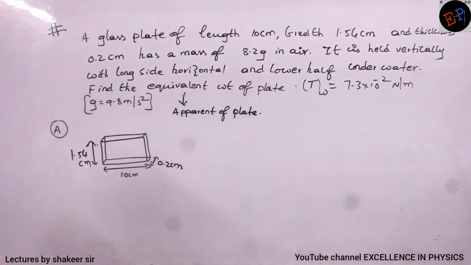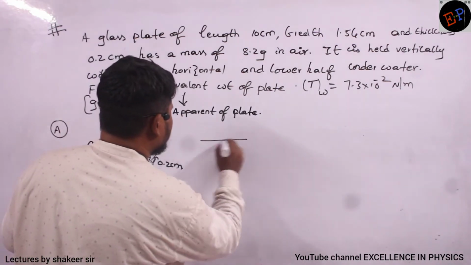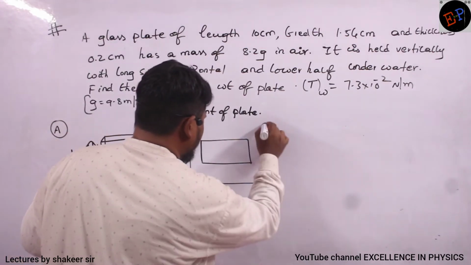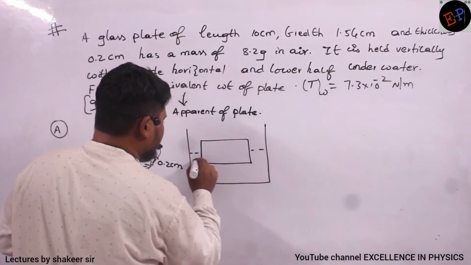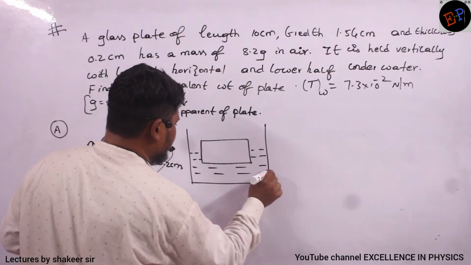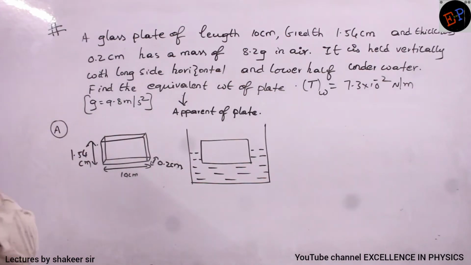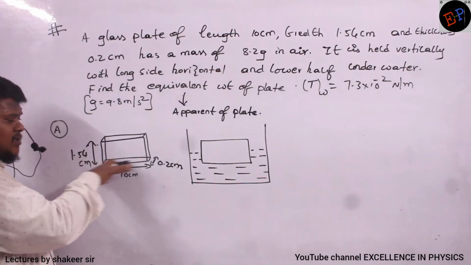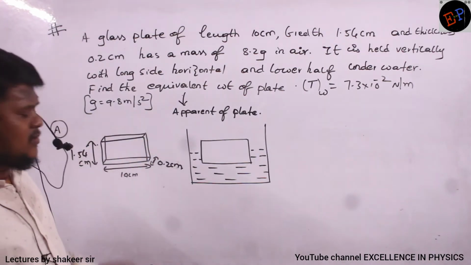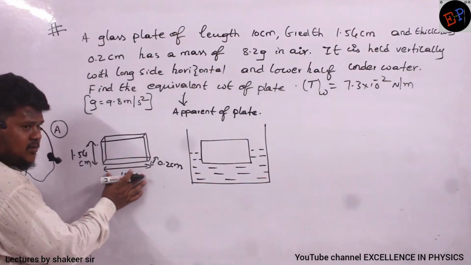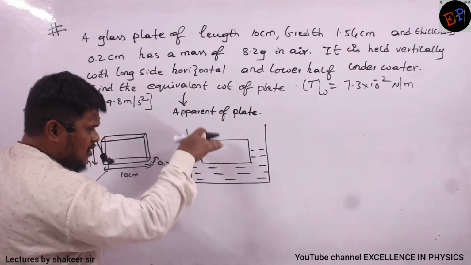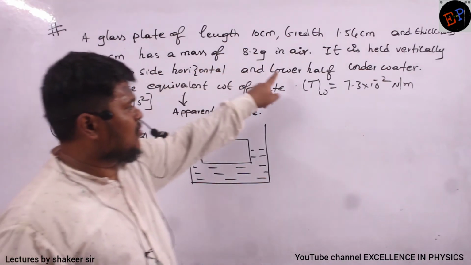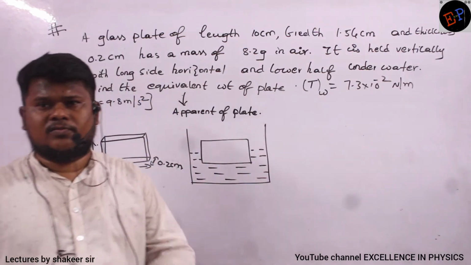Now this plate is immersed in water. How is it immersed? It is immersed such that only half of the plate is inside water and half of the plate is outside water. So this can be the possible diagram, no? And also, in which manner is it immersed? Sima, length and breadth are different, so we are keeping the longest side horizontal. Which is the longest side? 10 centimeter is the longest side, no? So that side is kept horizontal and only half of the plate is present inside water. So the long side is horizontal, and the lower half is present under water.